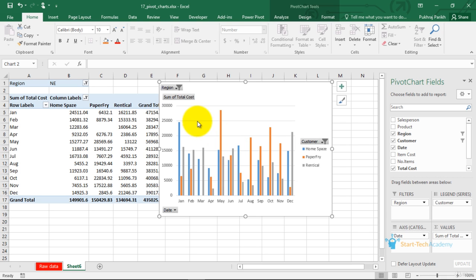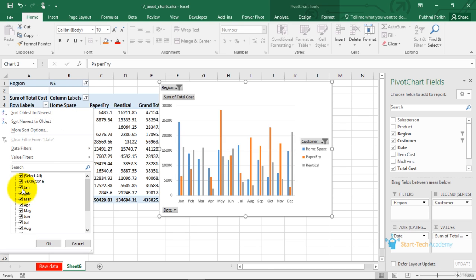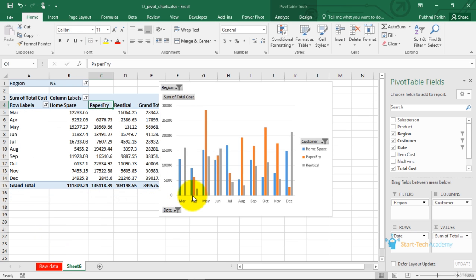A point to note here is that whatever change we make in this chart is reflected in this table. That is, when I included other months, those other months' data values are shown here. Similarly, if I change anything in the table, it will be reflected in the chart. So if I remove January and Feb from this table, that will be removed from this chart also.